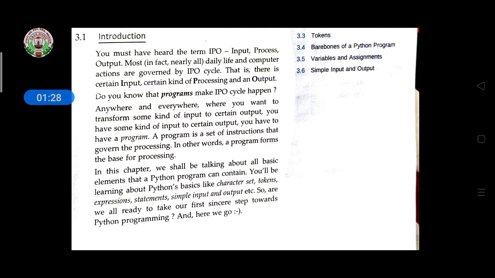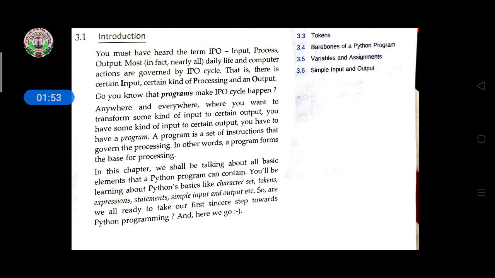A program is a set of instructions that govern the processing. A set of instructions means while writing the program, you are giving instructions to the computer, and after that, reading that program, the instructions will be processed. How? Through the CPU, and then afterwards it will show the result as output.